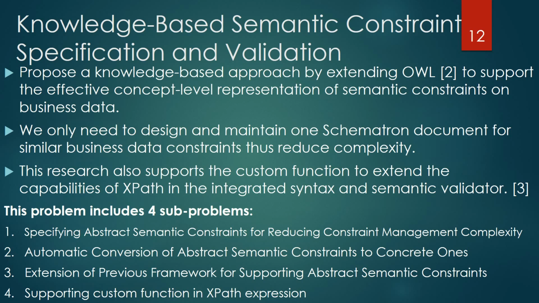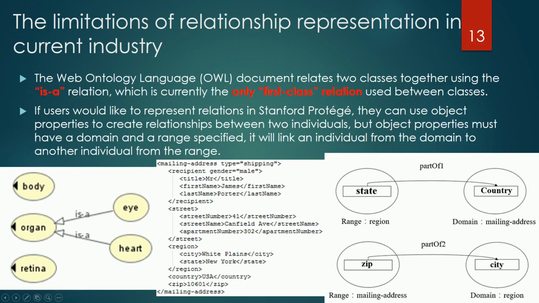Ontology is one of the popular models for knowledge representation of a particular domain of discourse, which defines concepts and the relations between objects. But there are some limitations in current ontology. The Web Ontology Language is the dominant industry standard for representing relations among entities to encode domain knowledge as ontology. OWL relates two classes together using the is-a relation, which is currently the only first-class relation used between